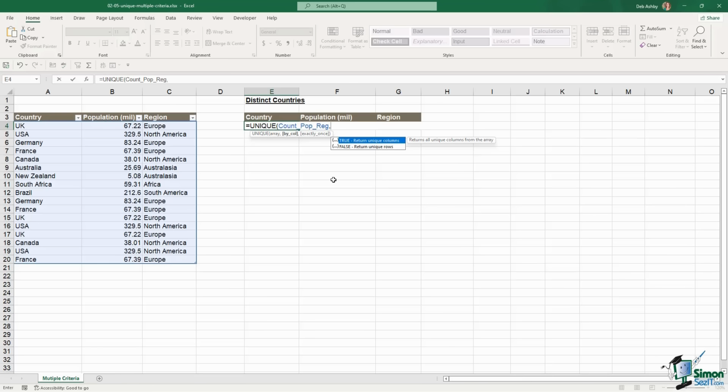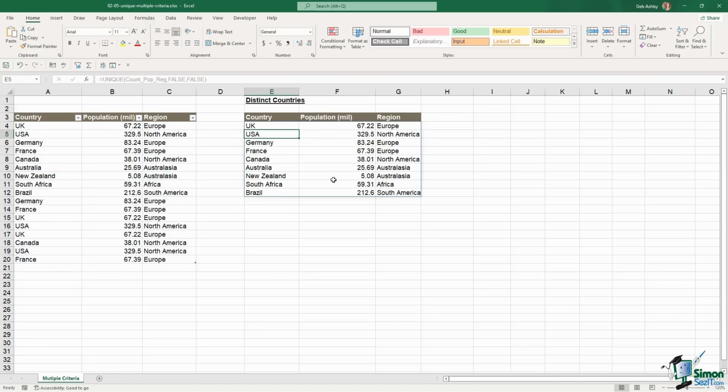Do I want to return unique columns or unique rows? Well, I want to return unique rows, so we need a false in here. And this time I want to extract every distinct item. So once again, we're going to add a false. Close the bracket, hit enter, and those results spill down, and it's going to pull through the other pieces of